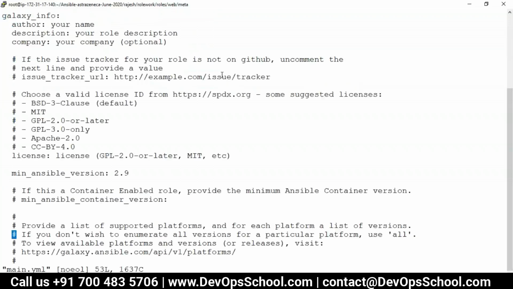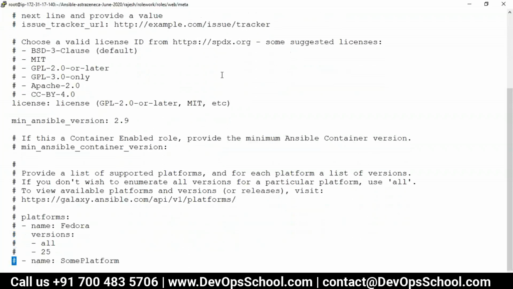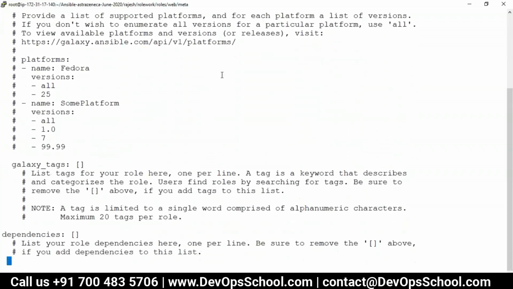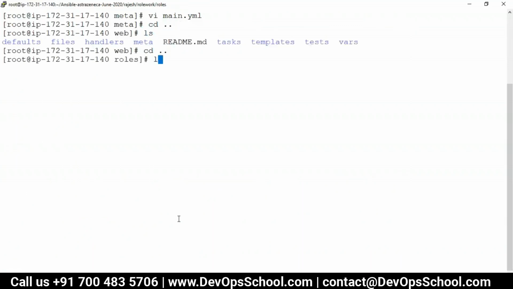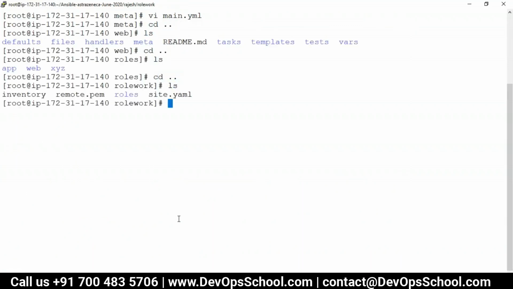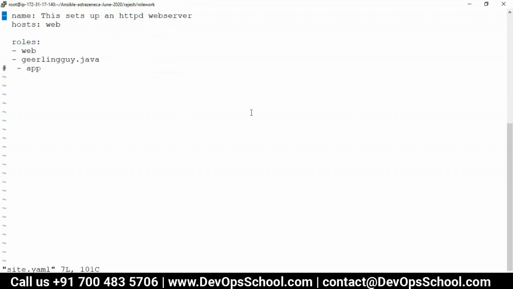See here, this is a skeleton they gave you. You should modify it at least once to get comfortable with it, since the skeleton is very well defined. And here you see dependency. So you have to add the dependency here. Now what I am doing is I am not calling the Girling guide role. Go back to the site.yaml. I'm not calling the Girling guide role here. I want that whenever web runs, before that the Girling guide role should get executed.